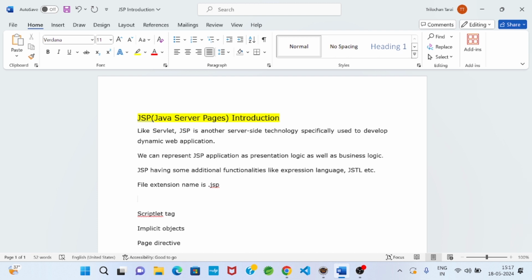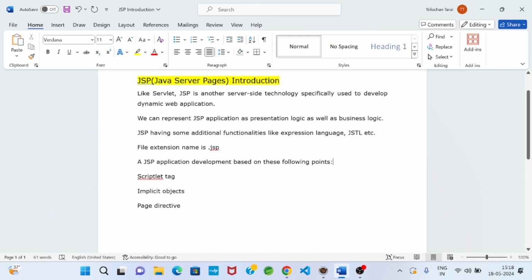That means JSP application development is based on these following points.